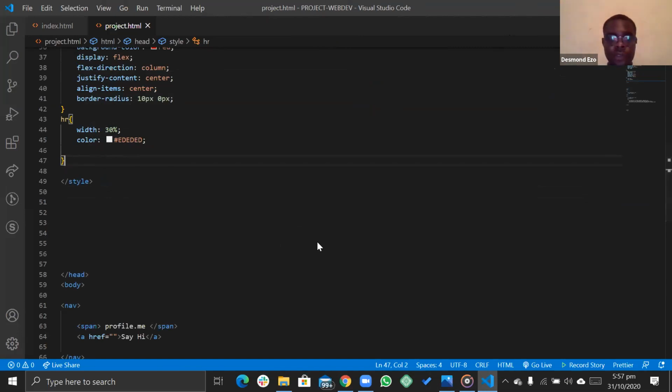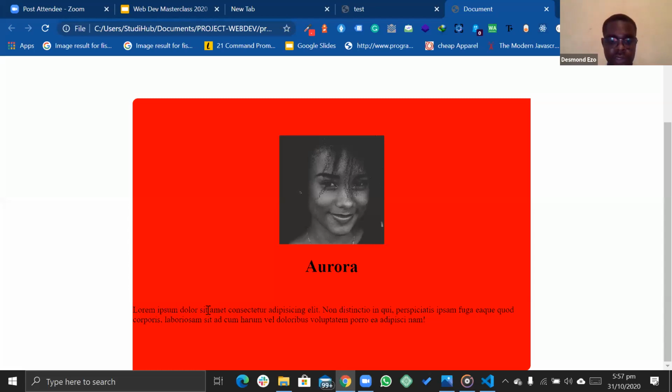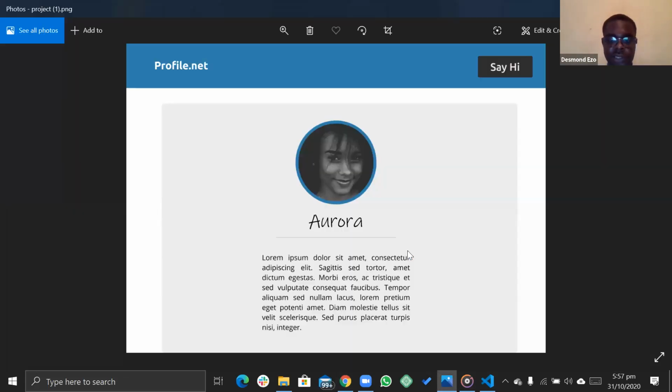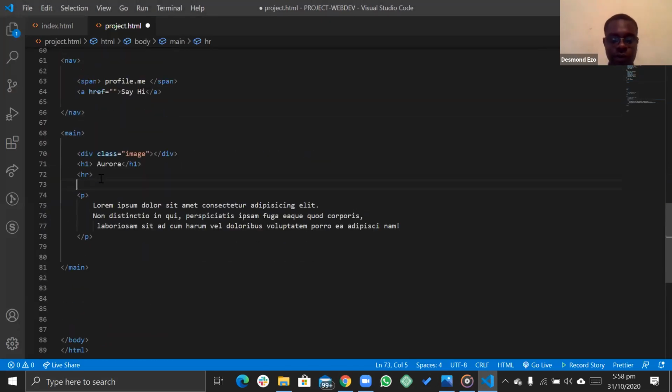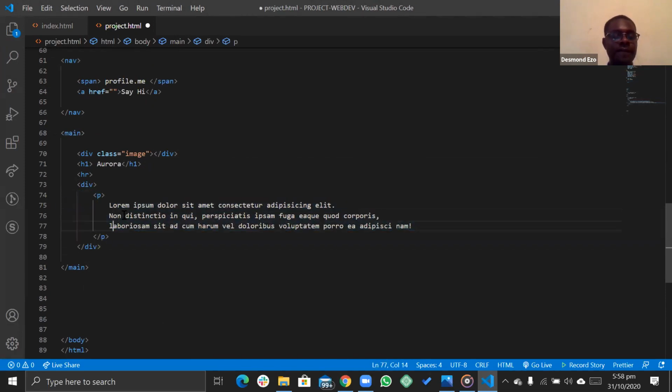And the next thing we're going to look at will be this text. I want this particular text to be like it is here in the image, where it is inside of a square, something like a square. It's just squared up. And we're going to do that by wrapping it inside of a div. So we didn't provide a div here, but we're going to do it now. To provide a div, we're going to wrap this entire text inside of a div. A div is a wrapper. So you can wrap content inside of it. You place content inside of it like it's a container. So you can apply styling to that container, and it will only affect things that are inside of that div.